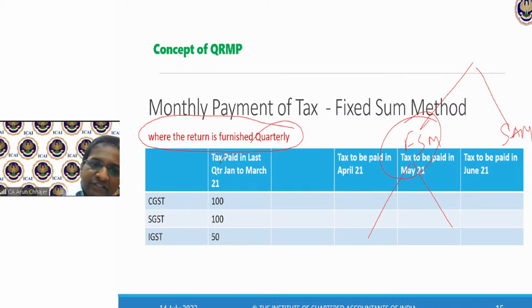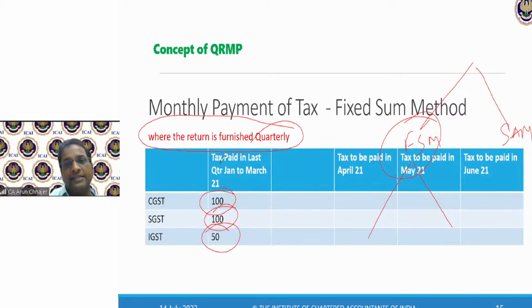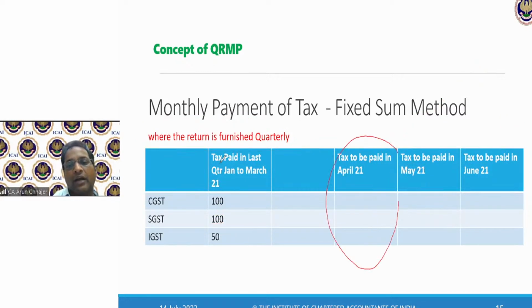How much taxes you deposited? 100 rupees CGST, 100 rupees SGST and 50 rupees IGST. Please tell me how much amount I will deposit for the month of April, which is the liability for April. कितना amount मैं deposit करूंगा? How much amount I will deposit